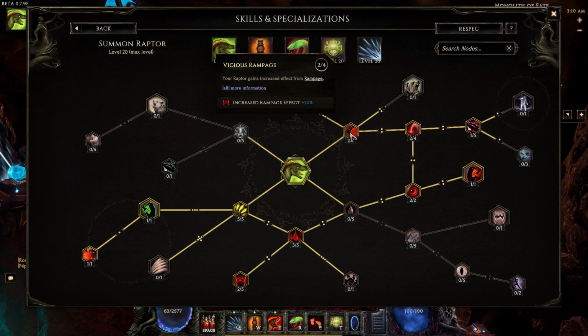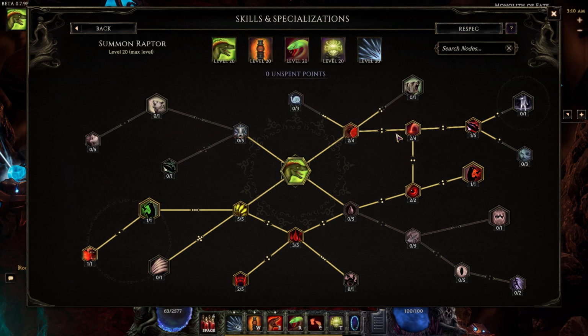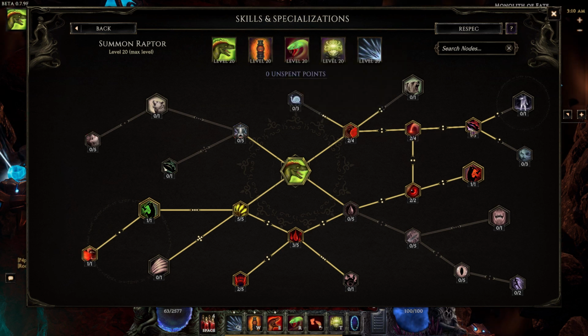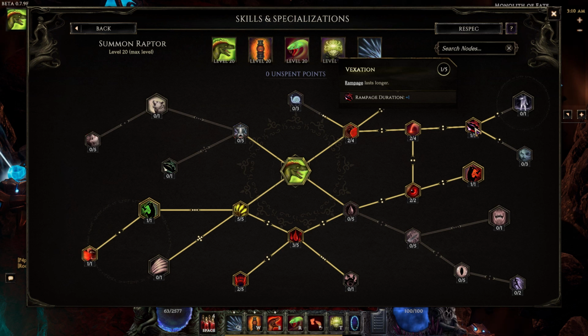We also have 2 points in Vicious Rampage. The reason we went for this is that increased effect, so it normally gets 40% more damage, 40% more attack speed, and 40% movement speed. And with these 2 points, I wish we had 4 points, but this 50% increase will make all those 60 instead of 40. So it'll get 60% more damage, move speed, and attack speed, and all that. We have 2 points in Predator to get some more critical strike chance, 1 point in Vexation so that rampage duration lasts a little bit longer,